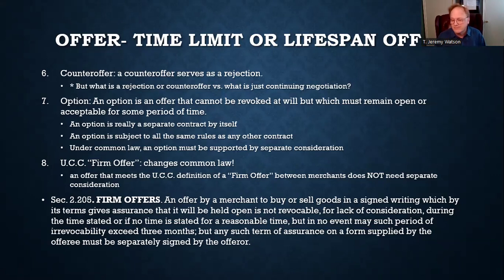If any of you have bought a house before, right, you may be familiar with the option part of the contract, right? That you put in there, that we have the option to get out of this contract, right? Essentially, what you're saying is the offer is still open for a couple more days. We haven't accepted it yet. We have a chance to get out of it. But what makes that option enforceable? Well, it's always consideration, right? You always pay something for that option. Maybe it's $10, maybe it's $100, maybe it's $1,000, whatever you pay, but you have to pay something. There has to be consideration back and forth for an option to be really an option, right?